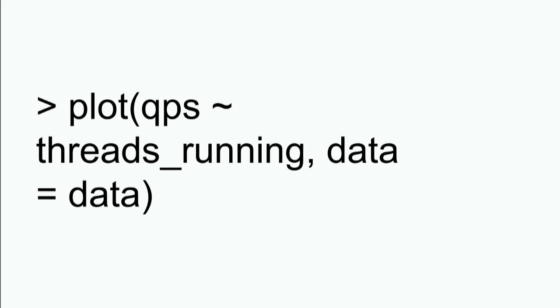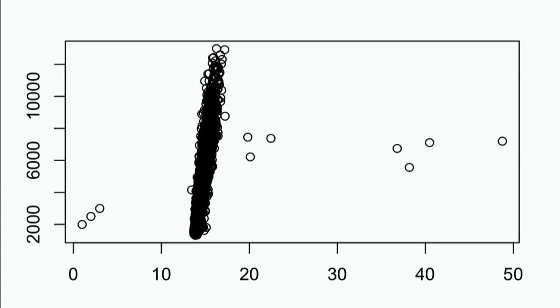Next, we plot QPS and threads running within the data frame we just created. The tilde is just shorthand for declaring X and Y values, just declaring column names. So the reason that we usually start with a standard scatter plot is to visually inspect the data for sanity. This scatter plot looks absolutely normal, and we can say that the vast majority of our points are around 14 and 15 threads running. At first glance, we don't need to do any data cleansing,